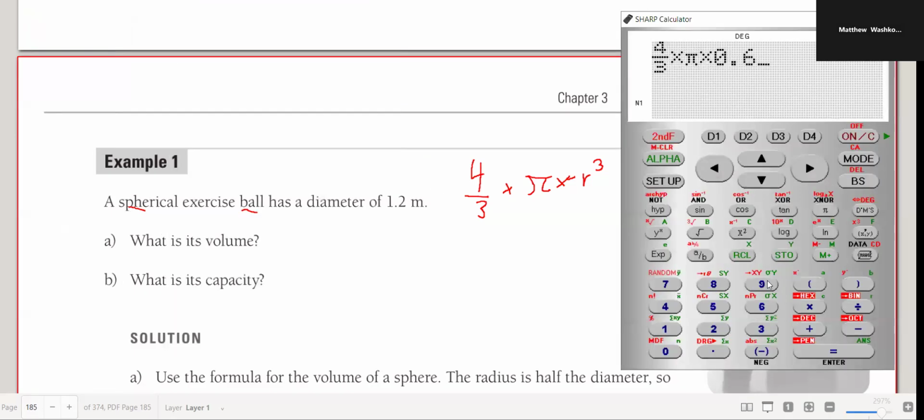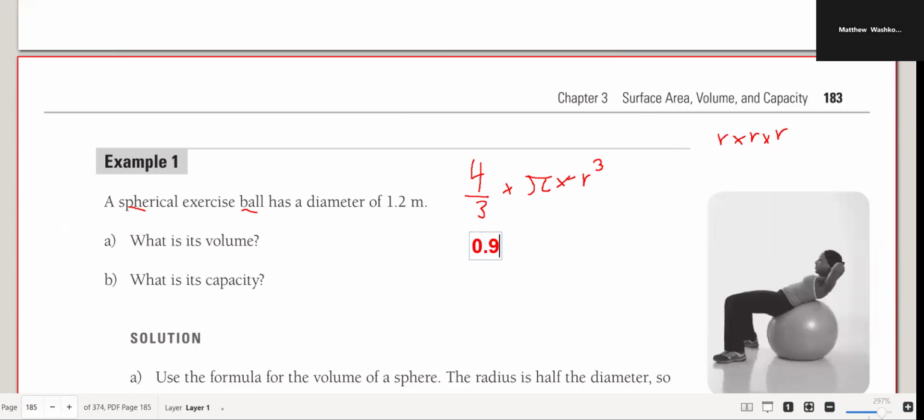Now, how do I do this cube thing? I know how to do square, and you could just do it that way, but I want to give you an easier way. There's this little symbol here on the left side, a y to the power of x. You click that and put anything you want there. You want to put 8? You want to put 8.5? Sure. Click that to the power of 3. So 4 over 3 times pi times 0.6 to the power of 3. If I multiply that, I get about 0.9 cubic meters as the volume